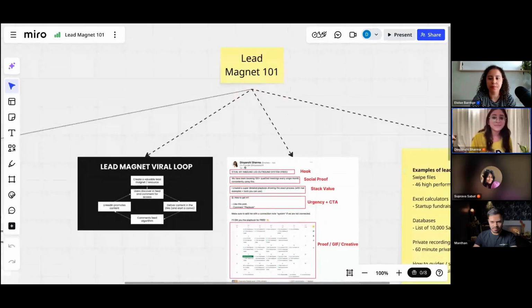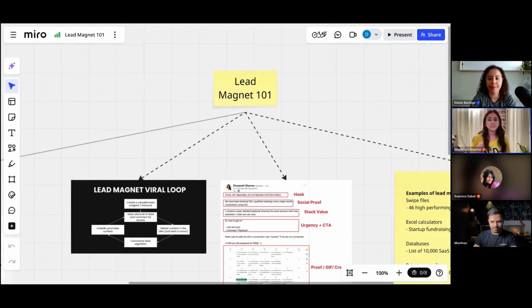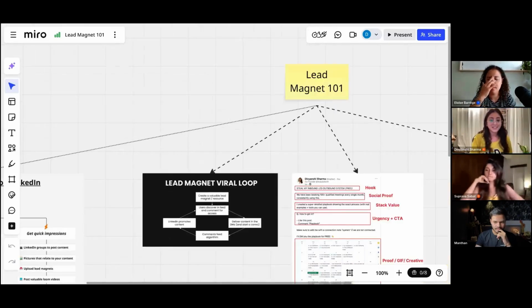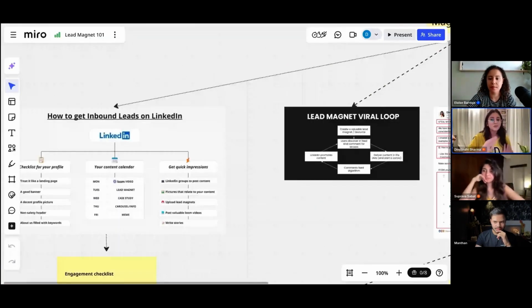Now, talking about lead magnets, most of us have this assumption that if you just start today, post a lead magnet, it will immediately get viral, you will immediately get lots of comments, lots of leads, and you are sorted for Q3. But that is not the case at all. When it comes to posting lead magnets, you need to start with the foundation, and the foundation is having a solid LinkedIn profile. I will be walking you through how you can build a basic LinkedIn profile that will give you good results.